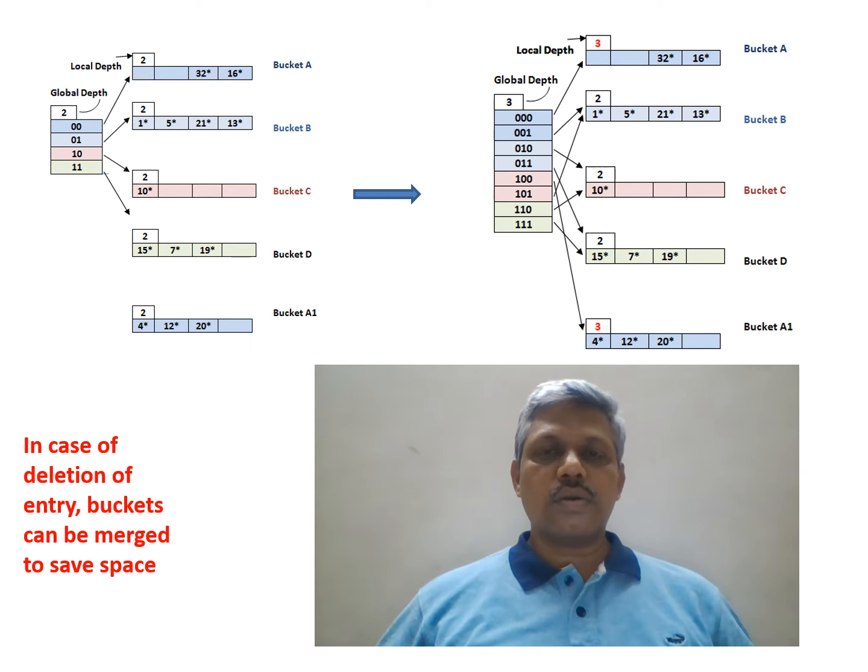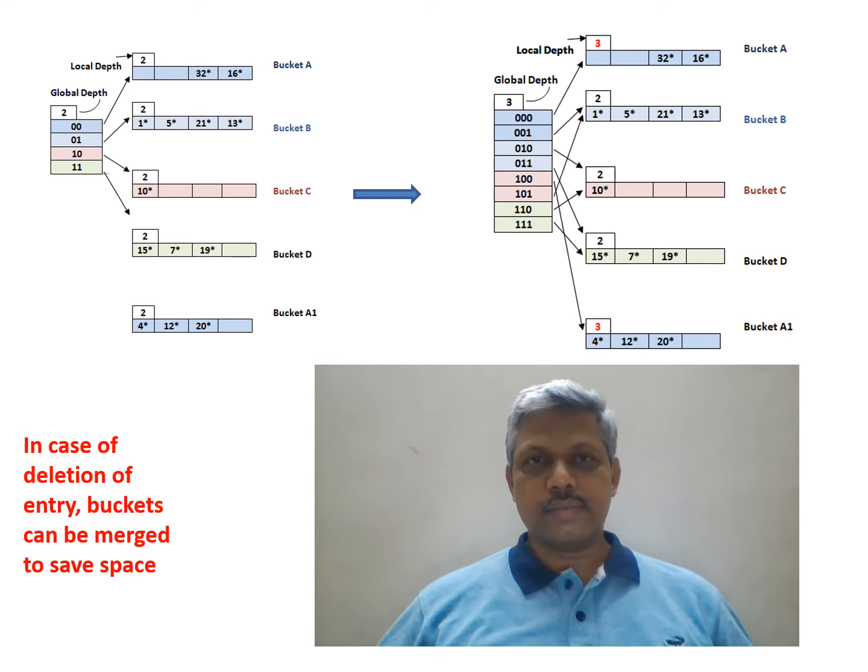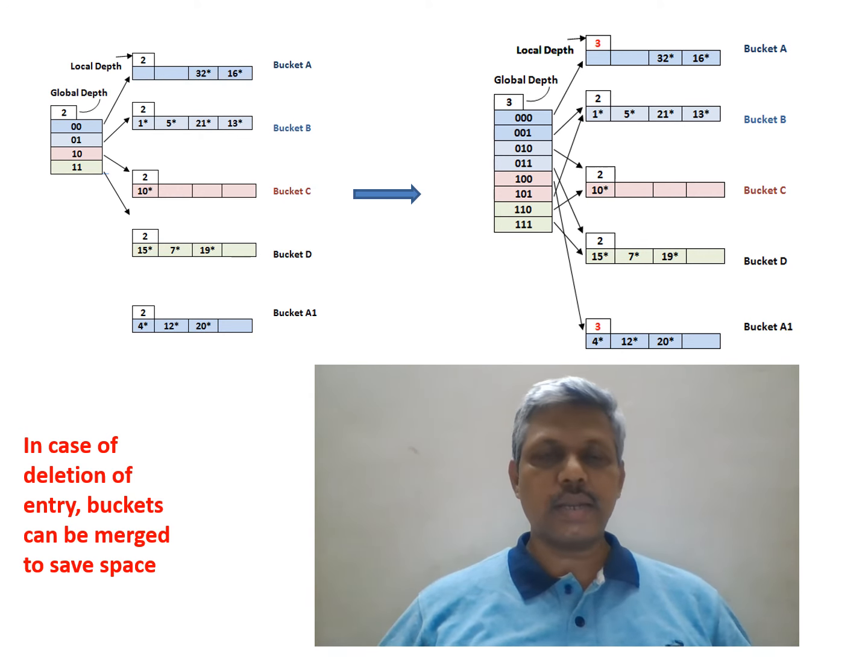Similarly, whenever I want to delete a particular record entry, we can identify the bucket and delete it. Suppose the bucket is completely empty, then we may delete that bucket. But for practical purposes, we don't delete it immediately, because the same bucket may be required again when some value is inserted. So in case of deletion, we don't immediately delete the buckets as far as possible. So like this, extendable hashing gives a dynamic picture which grows or shrinks according to the data.